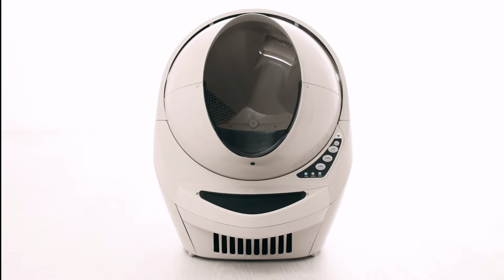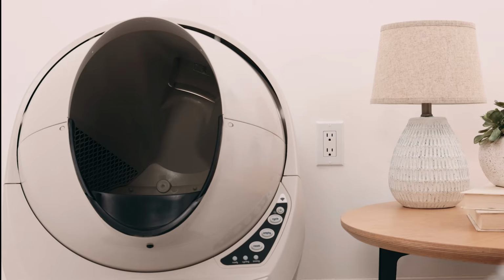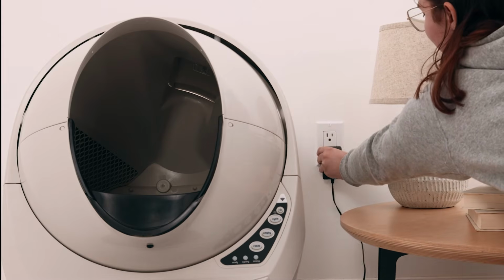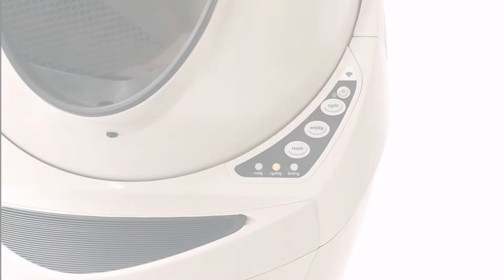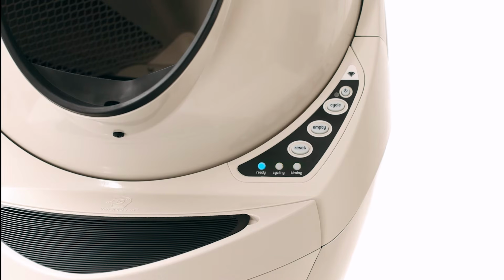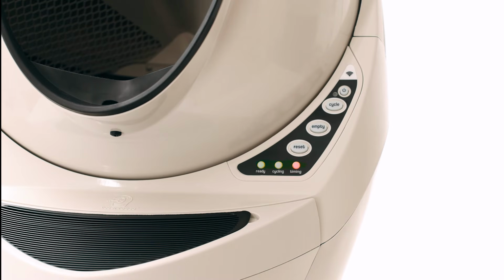Plug your unit directly into a wall outlet to eliminate the possibility of defective extension cords or power strips. Press the power button to turn the unit on. Once the initial clean cycle is complete, the unit should return home, displaying a blue ready light status. If your unit is not displaying a solid blue light after returning to home position, or cannot complete the cycle,